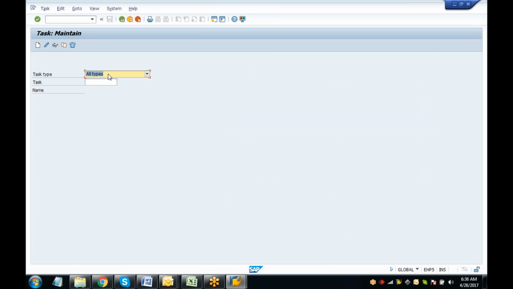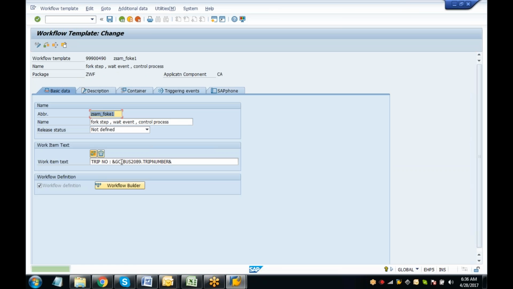We have two transaction codes. One is SWDD and PFTC. Okay, let me show you what are the steps that we are going to create. Here you can see